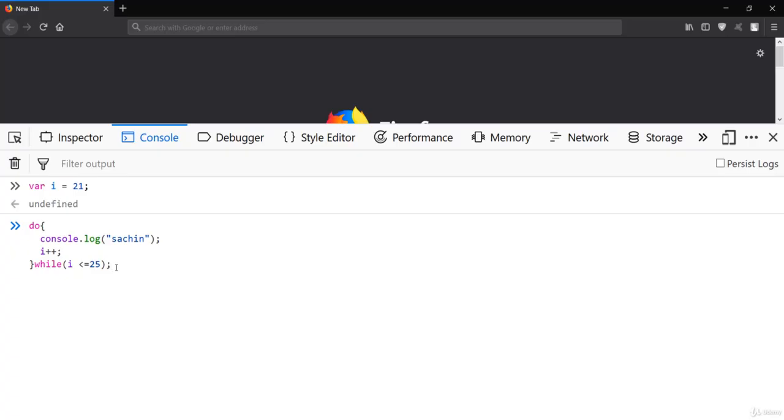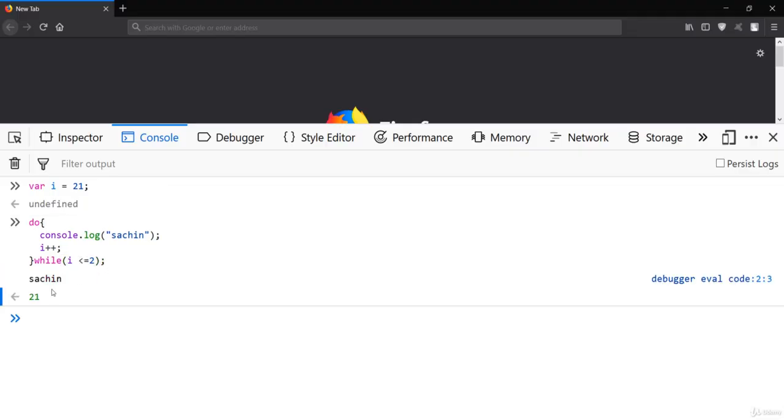It is essential. So if you see here the value of the variable over here is 21. What if I say that it is 2? Clearly the condition over here is false, because 21 is not less or equal to 2. Even if the condition is false, it will execute the Sachin one time.